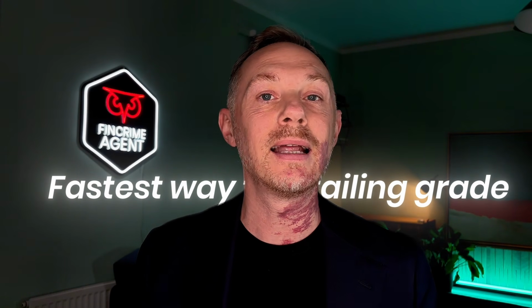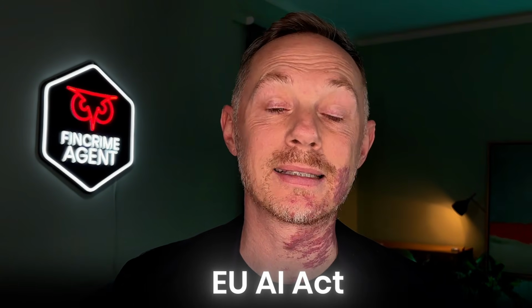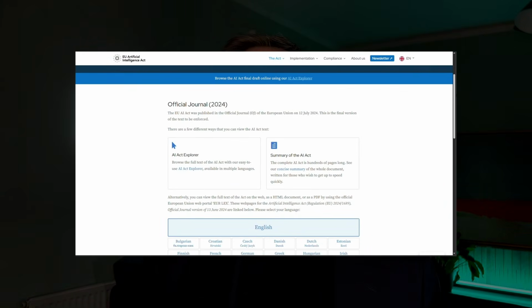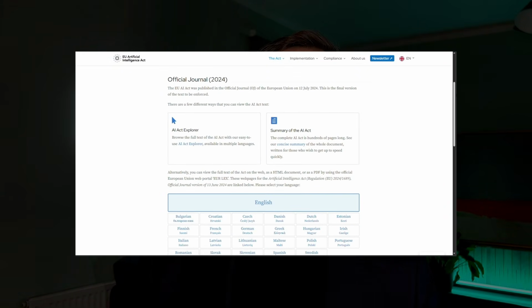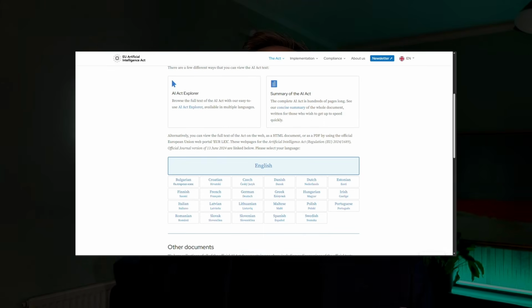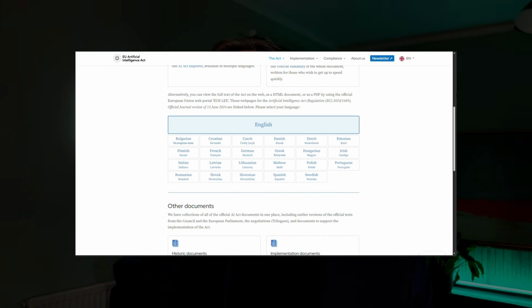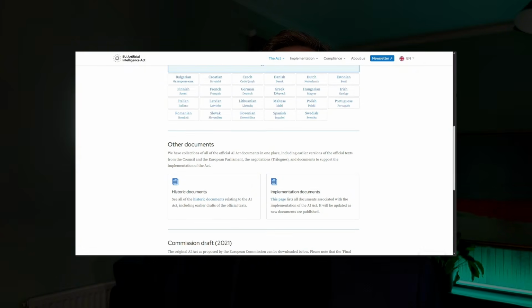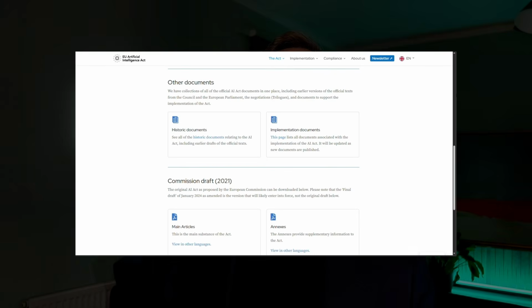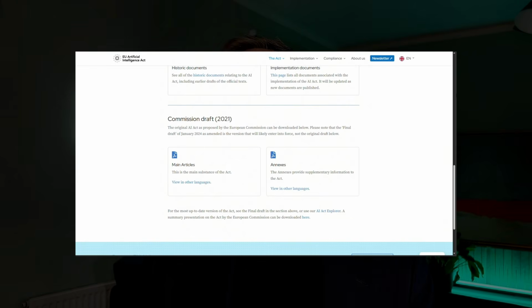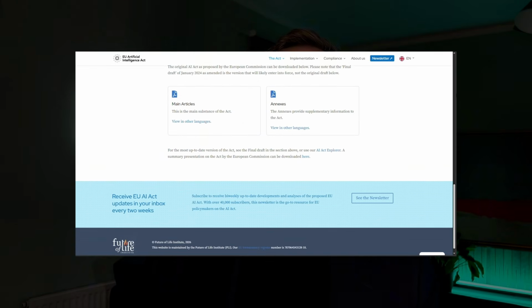In fact, under the EU AI Act and also in the latest FinCEN directives, being unable to explain an AI-driven SAR is now a direct governance failure. Article 13 under transparency and provision of information to deployers states that high-risk systems must be designed to be sufficiently transparent so that users can interpret the outputs and use them appropriately.